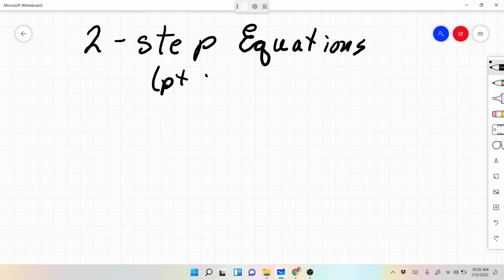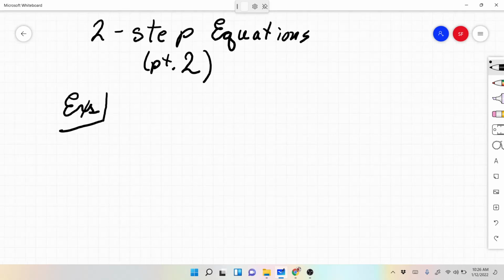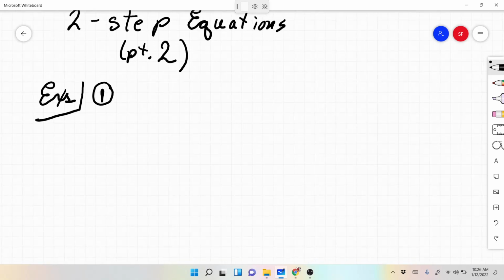Some examples. We'll start off with something like what we've seen before to kind of get us jump started. So let's do